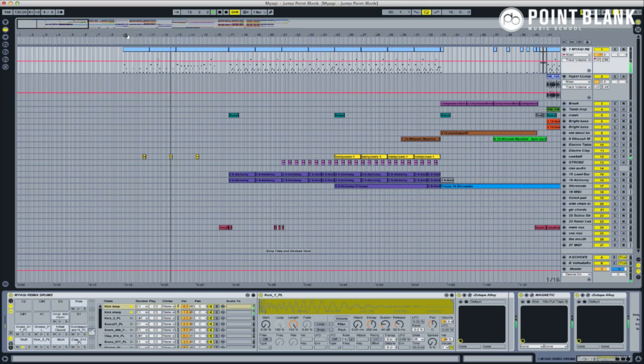So you can already hear those programmed drums. I've really tried to get a tight, snappy thing going on the kick drum. Some weird delay effects there. I'll show you what's doing that in a bit. But the intro is fairly spacious, but if we skip on to where the track actually drops,